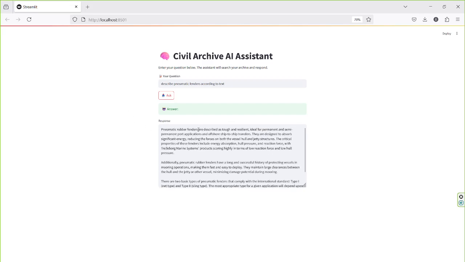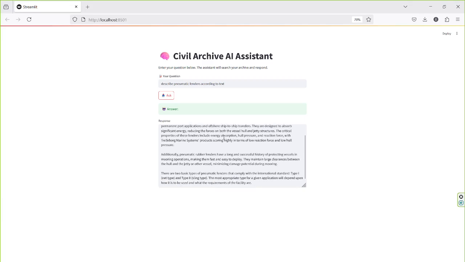Pneumatic fenders are described as tough and resilient, ideal for permanent and semi-permanent port applications and offshore ship-to-ship transfers. I'm not gonna read the whole text, but this is taking content from one of my documents,